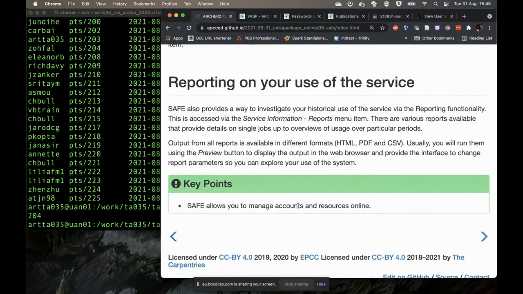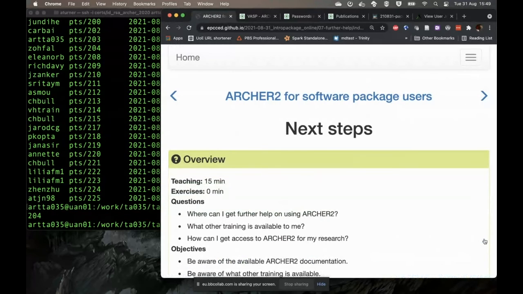So it provides a way of managing your accounts, looking at your usage and some other convenient features for getting information from the service and providing, for example, research outputs back to the service to help us justify usage and to help PIs collate information for input into other tools such as ResearchFish. And we also use it to manage our service desk and various other bits and pieces to help settle projects and